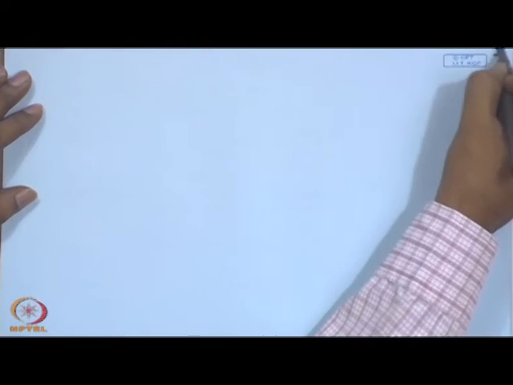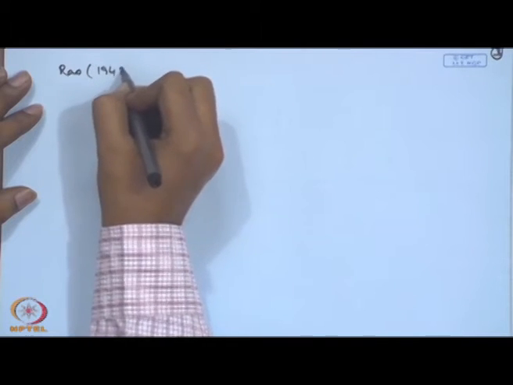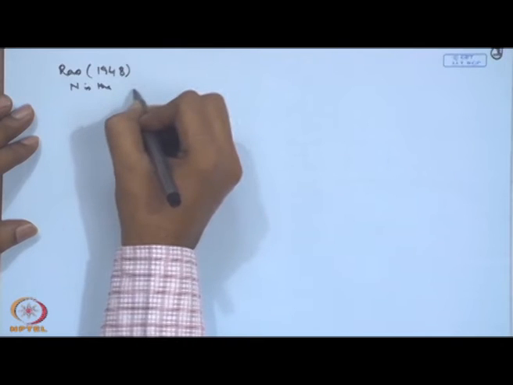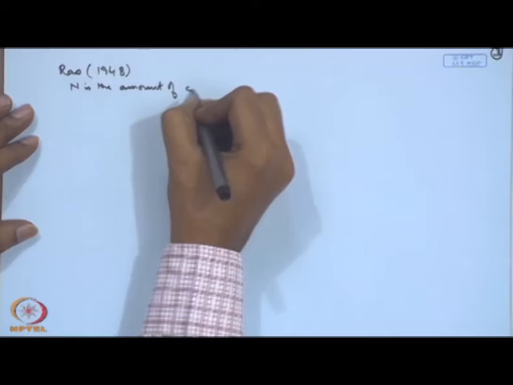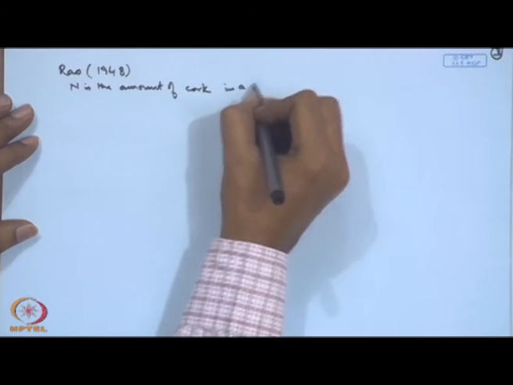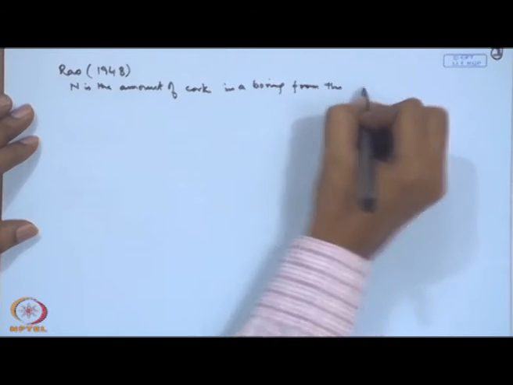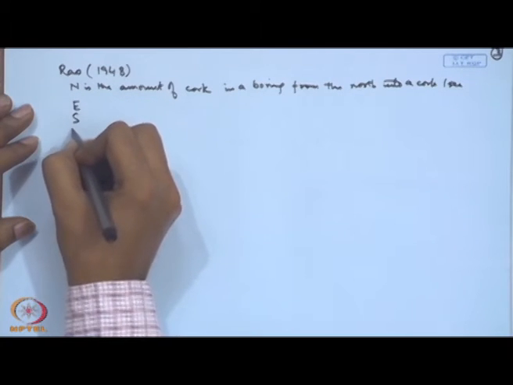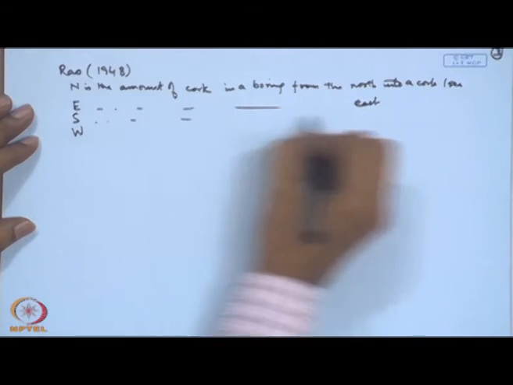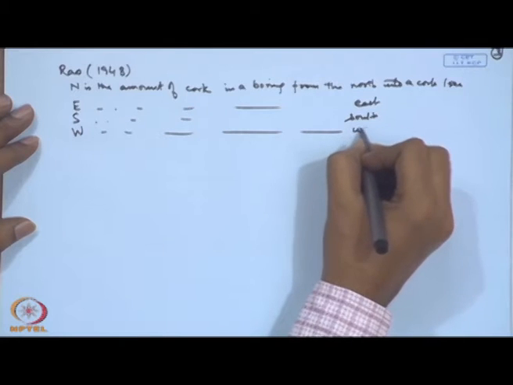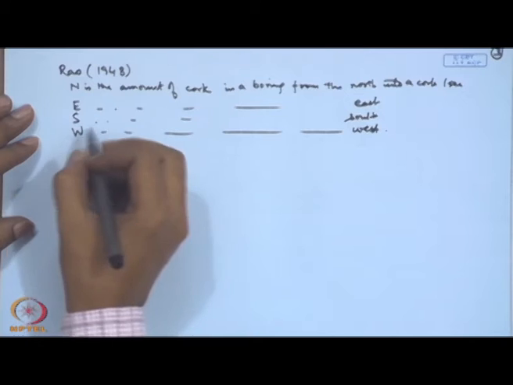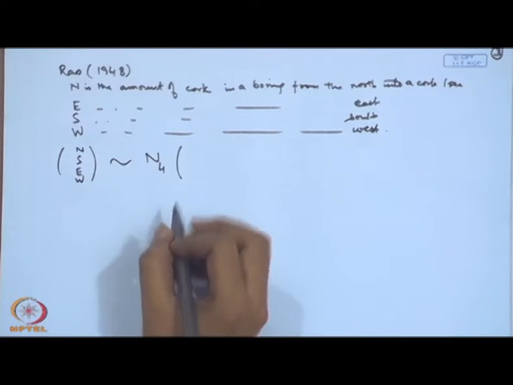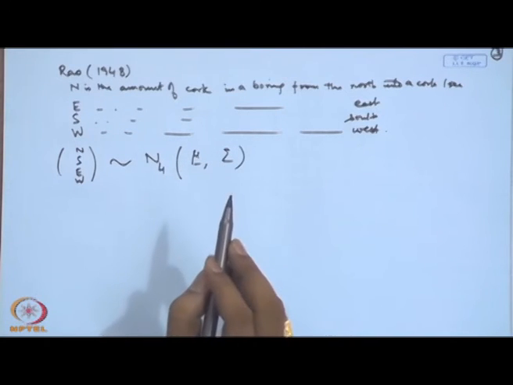Let me give one example which is adopted from C. R. Rao's 1948 work, and here n is the amount of cork in a boring from the north into a cork tree, and similarly you can consider E, S, W. This is from east, this is from south, and W is from the west, and it is considered that N, S, E, W follows a 4 dimensional multivariate normal distribution with some mean vector mu and variance covariance matrix sigma,